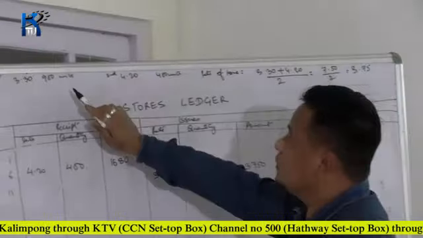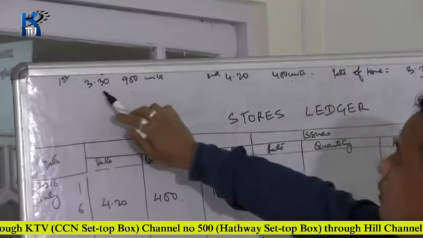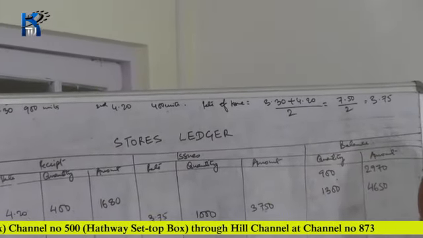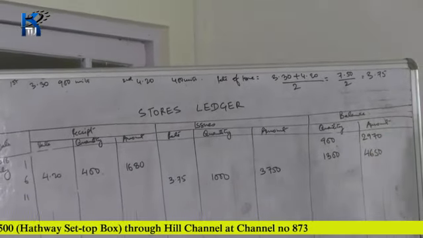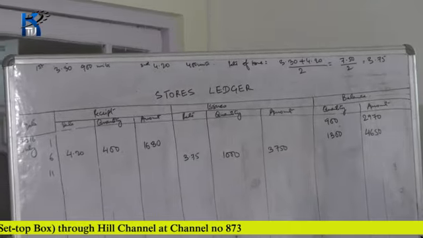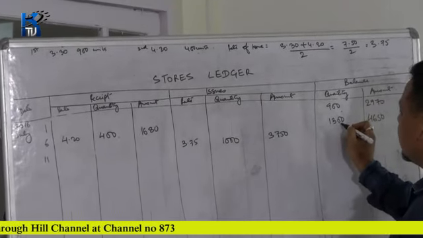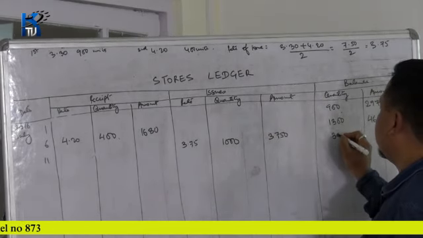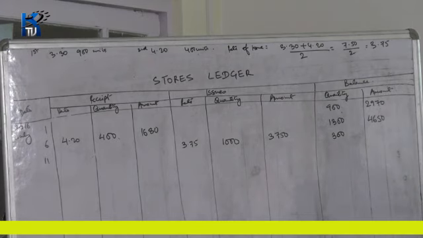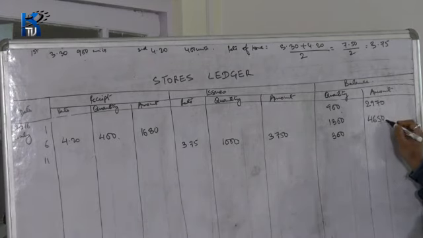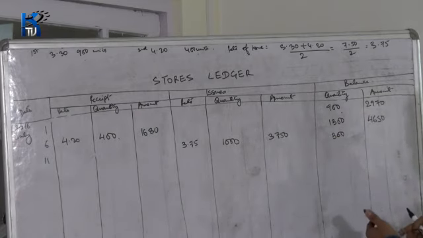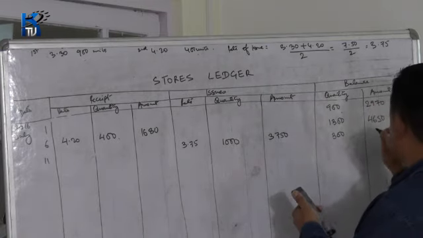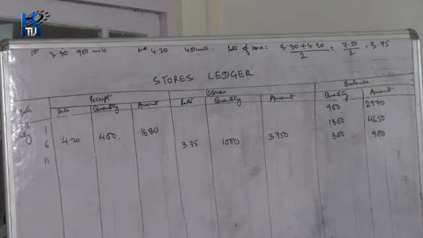There were two batches of 900 units and 400 units. Rate was 3.30 and 4.20 divided by the number of batches. So the rate of issue is 3.75. Now again, when you post in the balance, look here carefully. There were earlier 1300 units. Out of this, 1000 has been issued. That means there is only 300 units left. Again, out of 4650, 3750 has been issued. So the balance remaining is, you deduct the amount from the earlier balance, is 900.